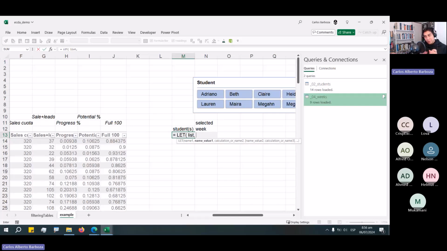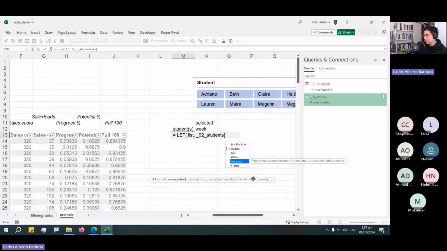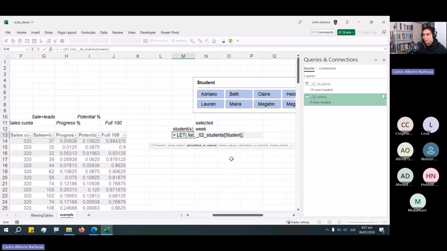Because I'm working with tables, another benefit is that I can use the IntelliSense and bring the elements of the table without selecting with the mouse, without selecting with the cursor. So I do underscore. Look at that. It tells me, which table do you want to refer to? Ooh, this is good. I want to do students, open bracket, and then it tells me which column of that table. I tell it student right here, and then close bracket, and that's it. I got my list, comma,